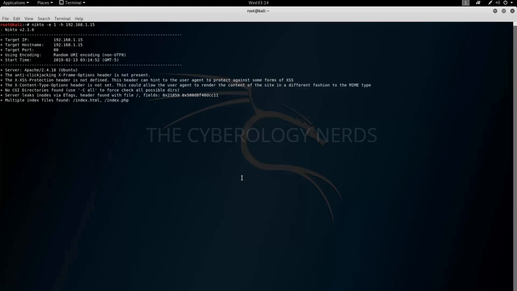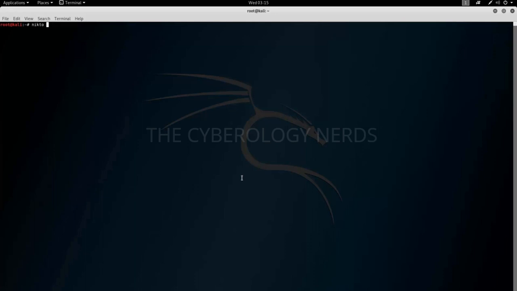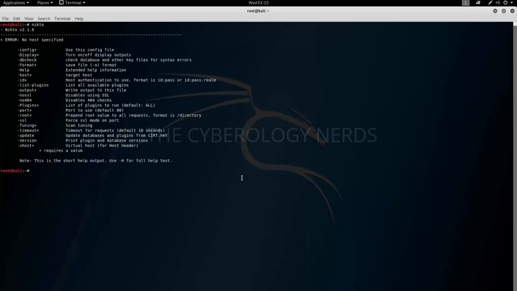Now I believe that this will print out the same output, so we are not really interested right now in waiting for this to finish. So one more thing I want to show you is that you can specify a port on which you want to scan. Now most likely that port will always be port 80, so it is not really needed, but